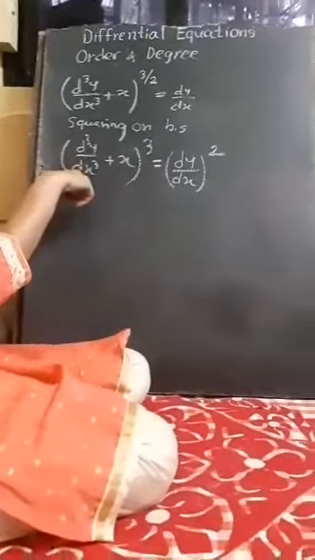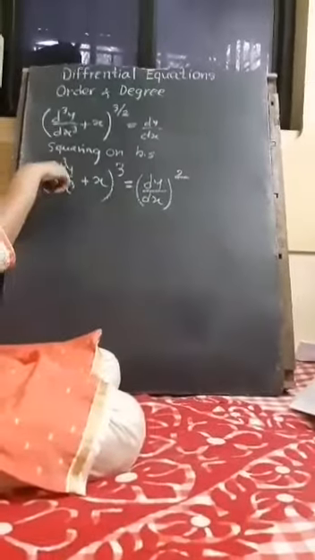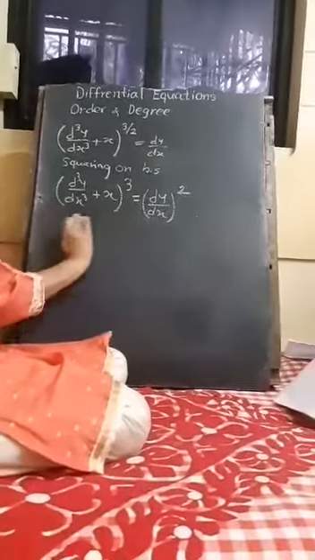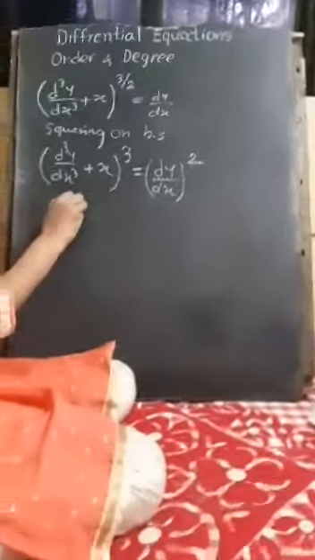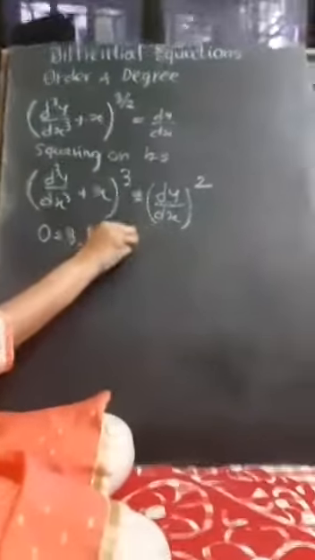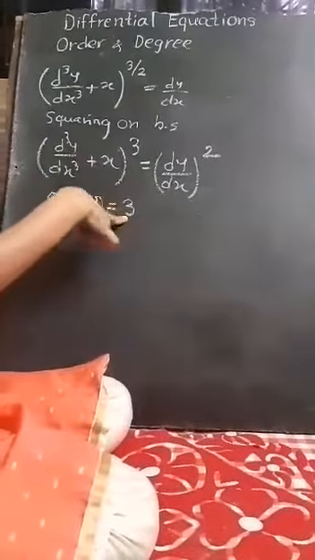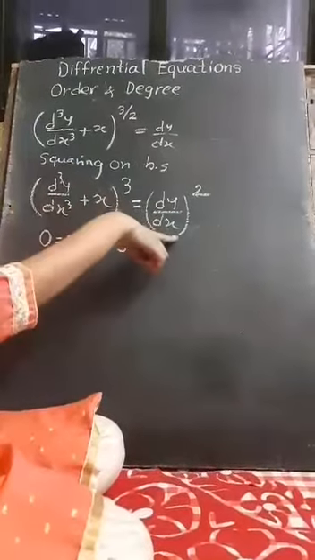Okay. Now, this is the highest order derivative. If I expand a plus b whole cube, then what will be the power of this first term? You know, no need to expand the full thing, but you can easily say what is the power of this term. It will be 3. So the order of this differential equation is 3 and the degree of this differential equation is also 3. Its power is 3. So the degree of the differential equation is also 3. This equation is free from fractions and radicals.